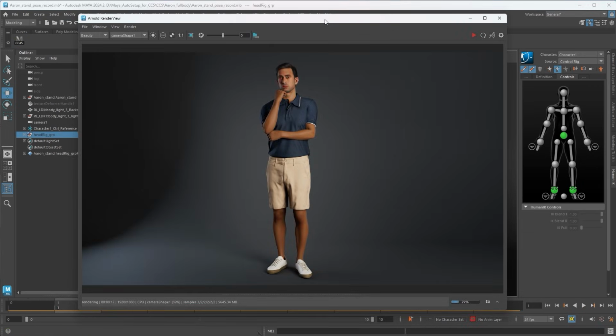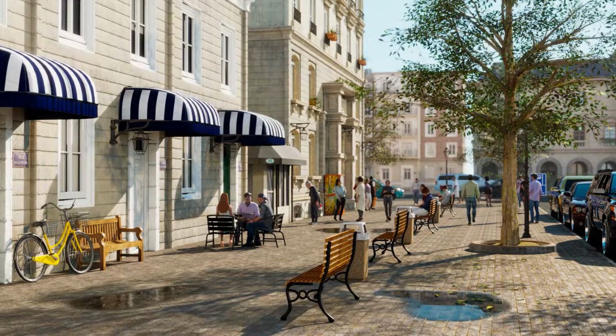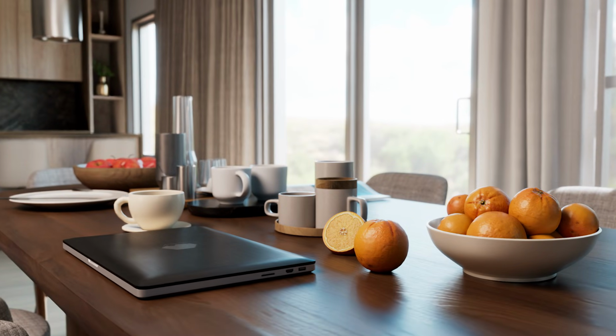That wraps up this quick introduction to the Maya Auto Setup workflow. With this tool, creators can put together a powerful and streamlined pipeline,